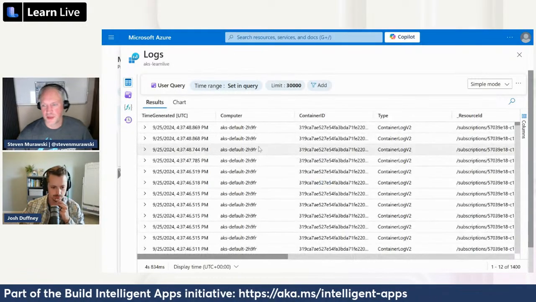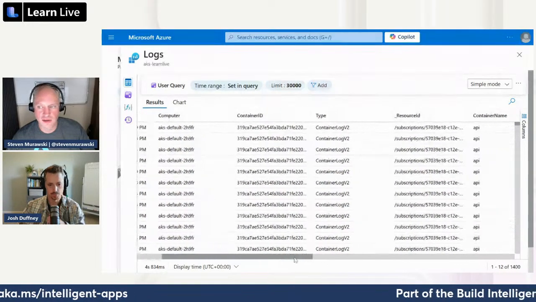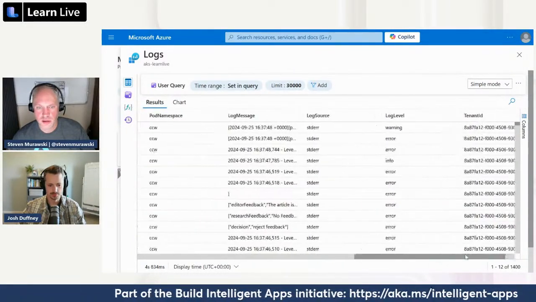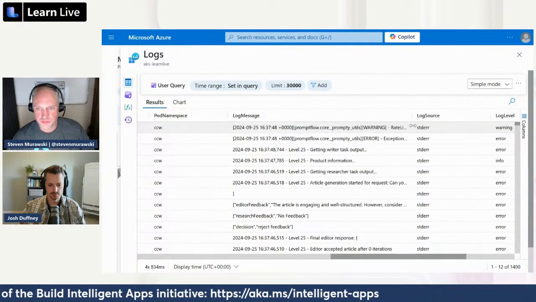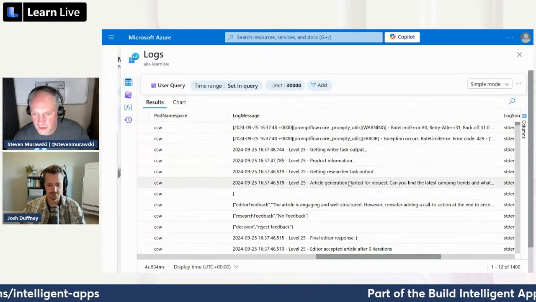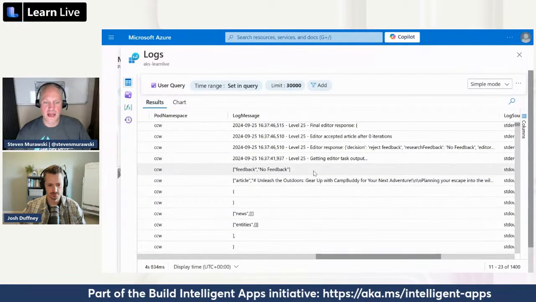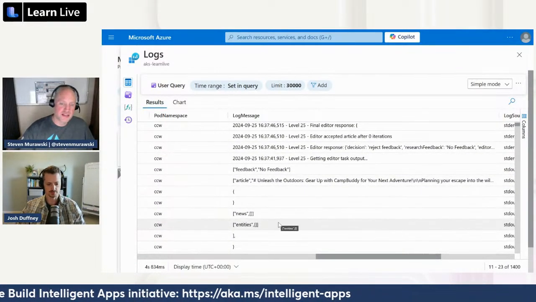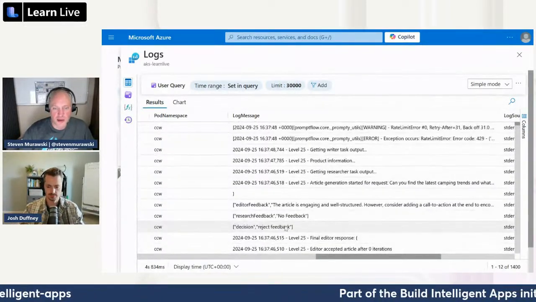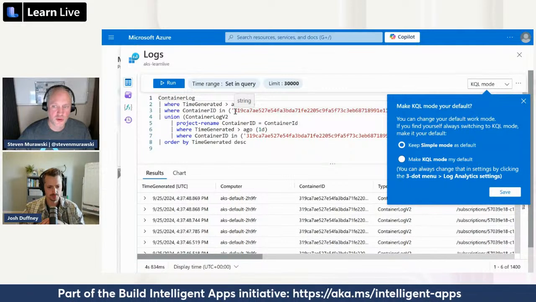That was interesting. It gave me a response and then reran it. So this is similar to what you'd see in the live logs. It wouldn't have as much detail here, but you do get your log messages. That's why we're getting some rate limiting errors. But we can see article generation started. We can see that we're getting some messages based on what our application was doing, which then gives you a place to go back and troubleshoot. And right now, we are looking at the logs for one